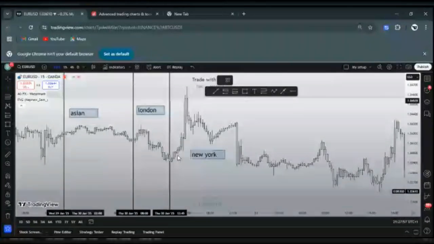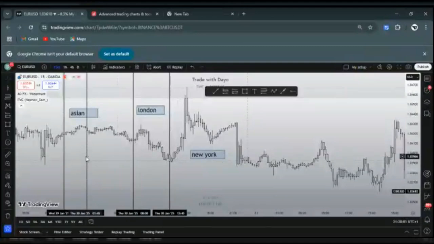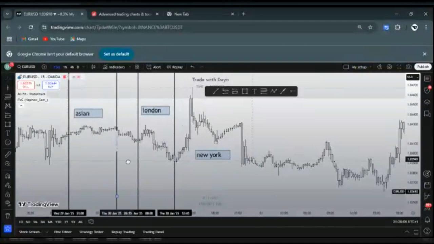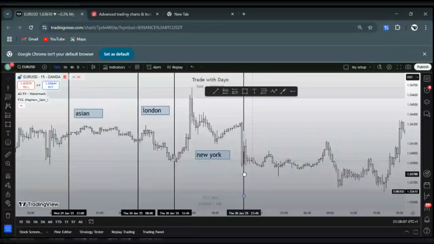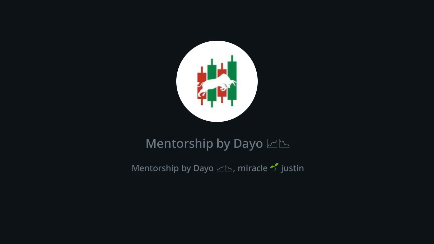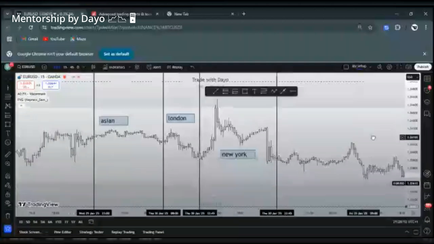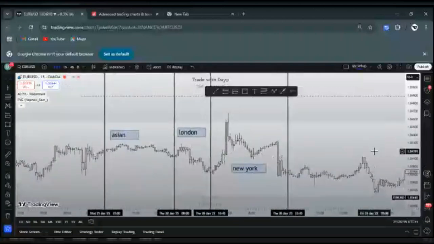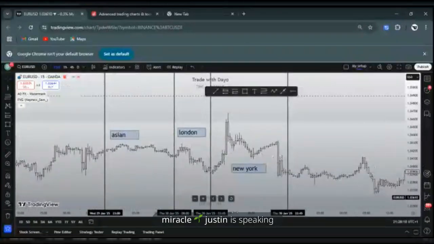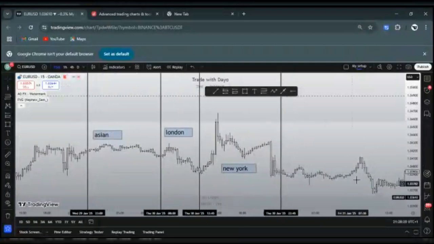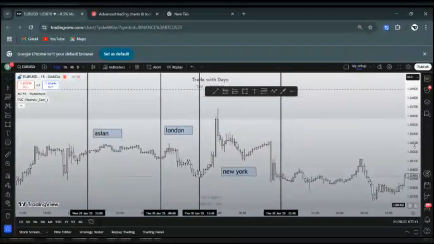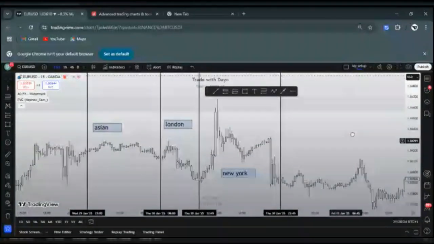If you can see, there's a significant change. I don't know if you are someone that notices things easily. If you are very observant, you see that there's a difference between these two sessions. If you are very observant, you see that when the market closes,